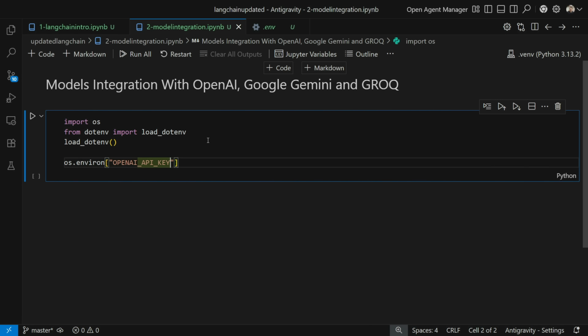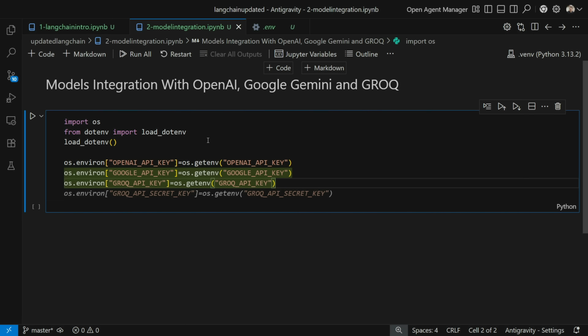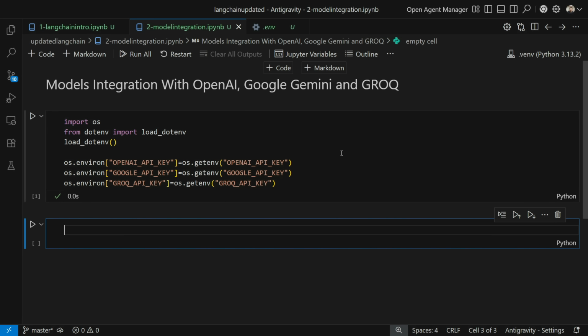So OpenAI API key is equal to os.getenv, and here also we are going to use the OpenAI API key. Similarly, you can also load different API keys, like how you have seen over here, Grok API key, Google API key and all, right? So we will be using all these three models, and we'll try to see how we can go ahead